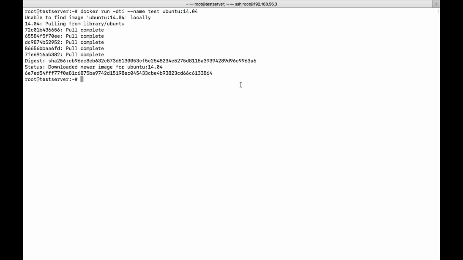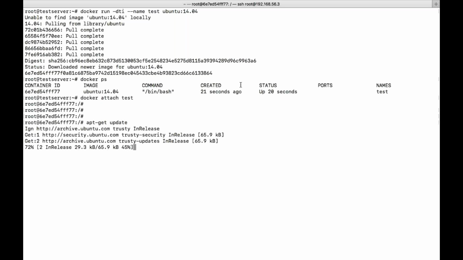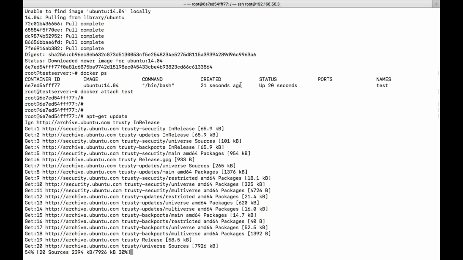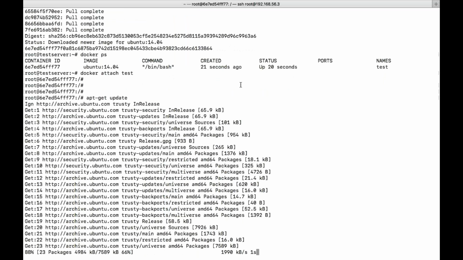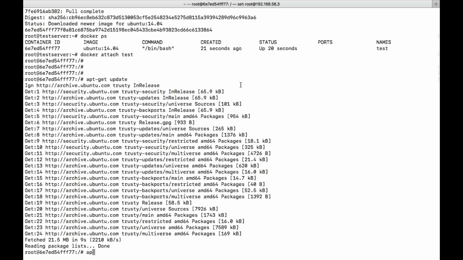Okay, so now let's see the container which is already created. So let us log into that. Now update. So now I will try to install Nginx web server.